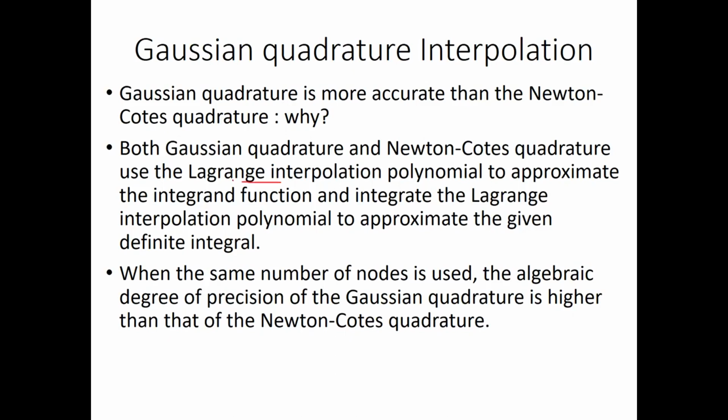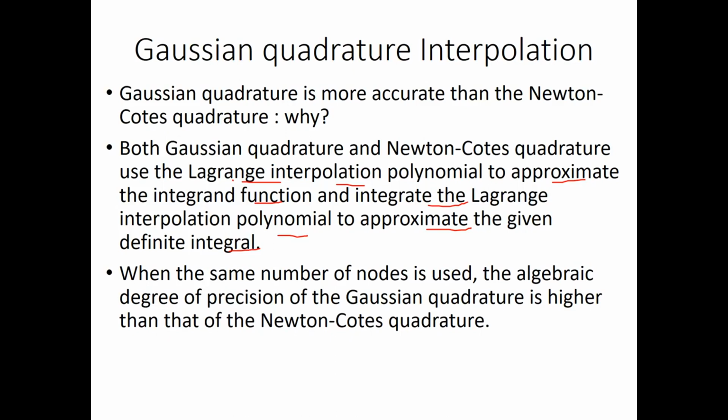We are doing the integration, and these methods are using Lagrange interpolation polynomial to approximate the integrand function and integrate the Lagrange interpolation polynomial to approximate the given definite integral. And when we use some interval, as we know in numerical analysis, always we use some